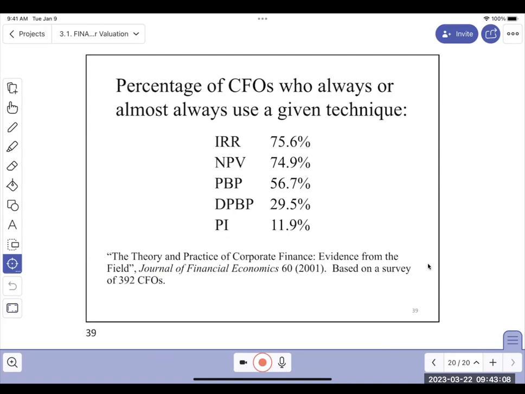And a close second is the NPV, and probably because the IRR depends on the NPV. In the end, you are just picking regions or ranges of the discount rate where the NPV is positive. So you're going to be using these two, but IRR is the leader. Very close second, though, is NPV. And far third is the payback period rule and not the discounted payback period rule, because this is just a kind of back of the envelope calculation. You just can calculate this on a napkin or in your mind, adding projected cash flows together and thinking, oh, well,